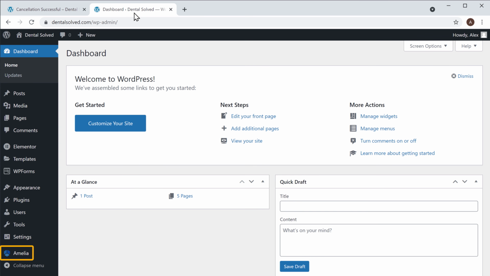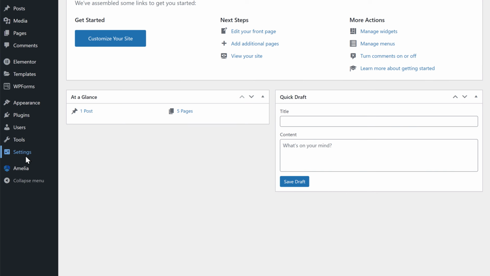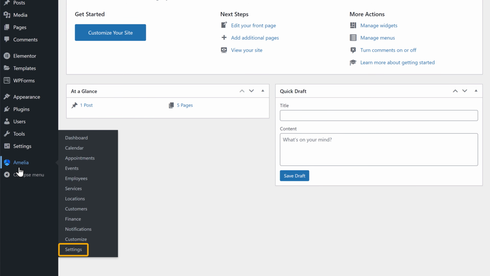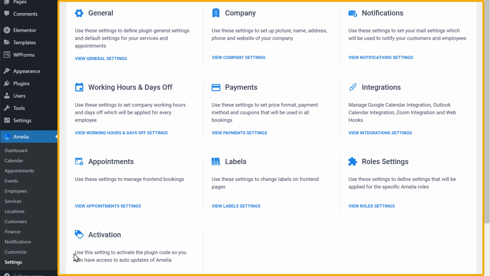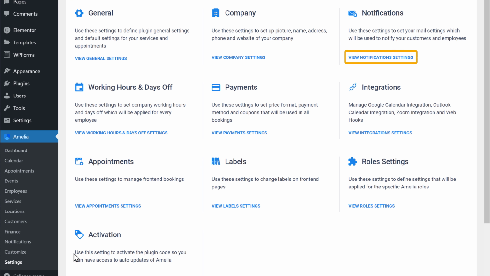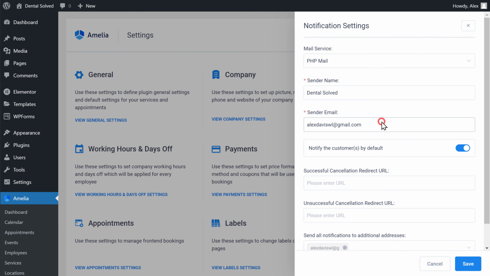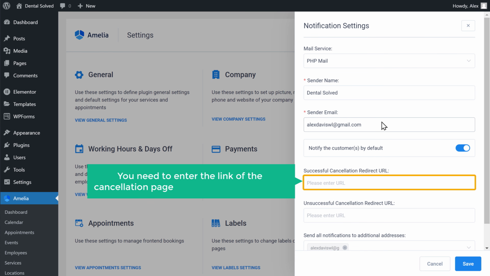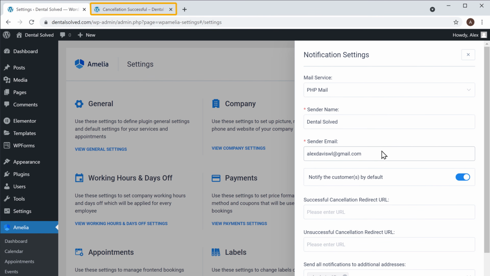Go to Amelia. Then click Settings. And you will get this page. Now click View Notification Settings. And here, you need to enter the link of the cancellation page, which we created before. So to get the link, let's go back to this tab.